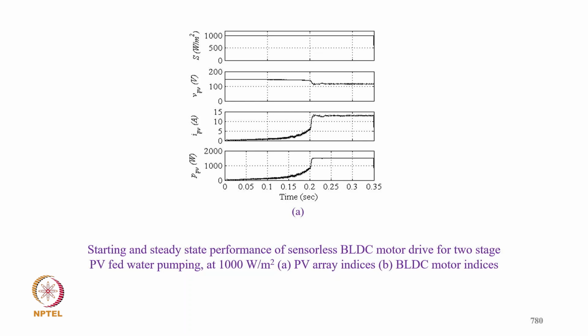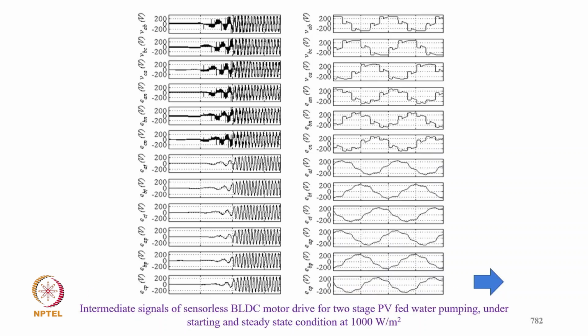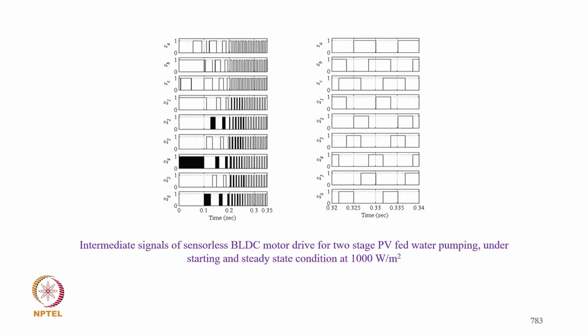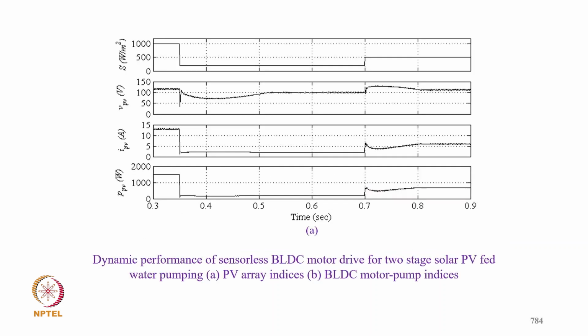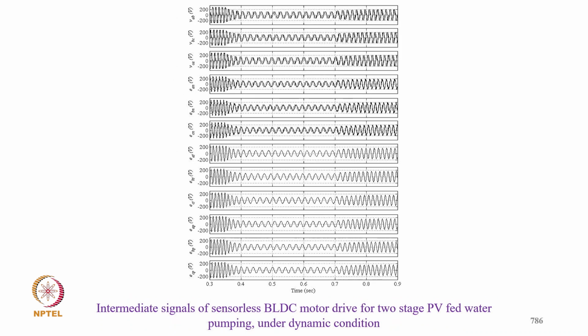This is when solar insolation is starting, with the steady state performance at 1000 watt per meter square. And this is typically the starting and steady state performance with sensorless control. And this is typically an intermediate signal of brushless sensing, the filter signals, and then the switching signal, intermediate signal, sensorless control, then dynamic performance, then all the intermediate signals for typically sensor dynamic performance, and all the